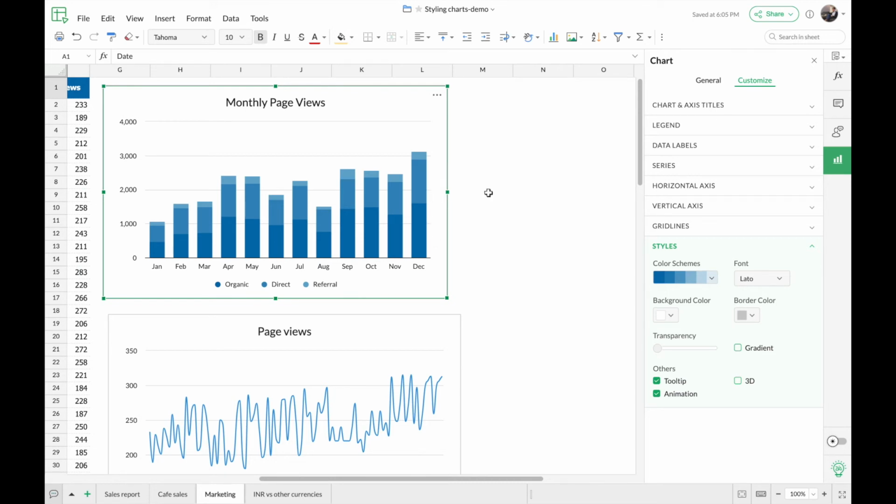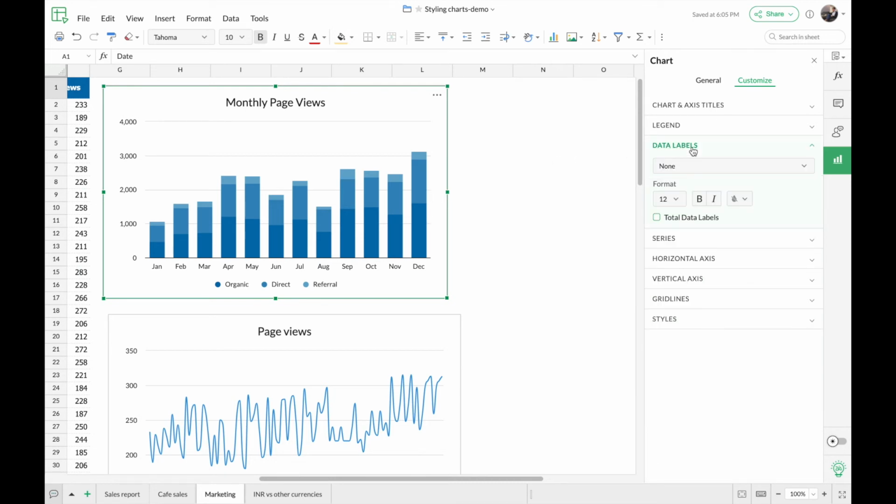And now I'm going to add a data label to this particular chart. In a stacked column chart, apart from the other data label options, you can also find an option called total data labels. Since each of the columns in this stacked column chart represents more than one series, if you would like to give the total value as the data label, you can choose this option. So now I'm going to select this option, that is total data labels. You can see the total sum of all the series values being shown on top of the respective columns here.